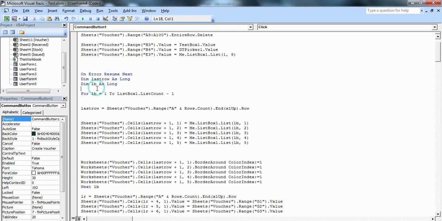Then Dim LastRow As Long. This variable LastRow, and LB As Long is our list box loop. So For LB = 1 To ListBox1.ListCount - 1. Why do we type -1? Because I informed you before that list box rows and columns start from 0, while our Excel sheet rows and columns start from 1.